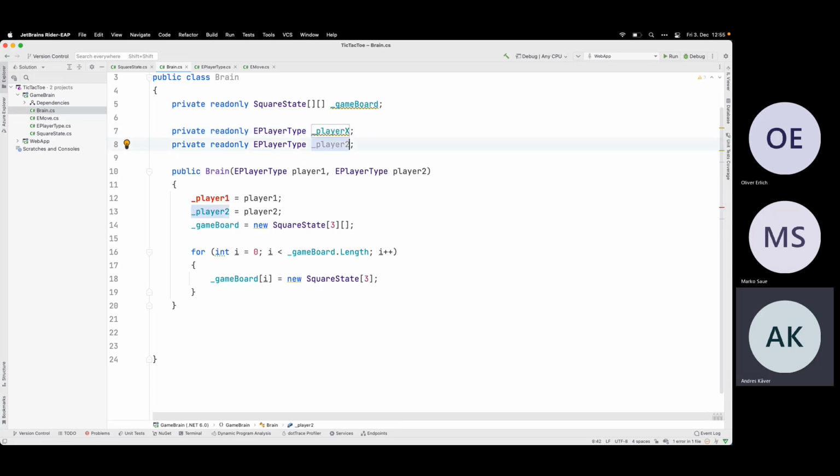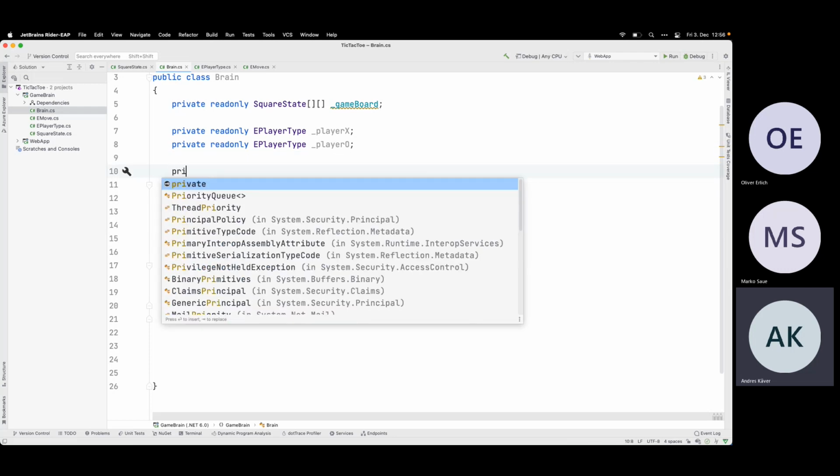It's player type X and this is the player type O. Then I have to keep track of who made the previous move.